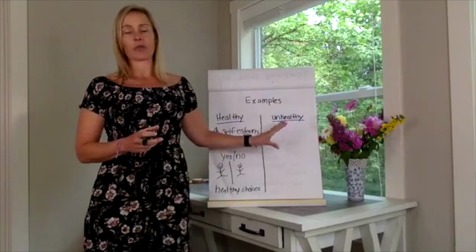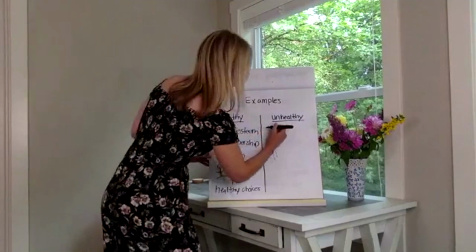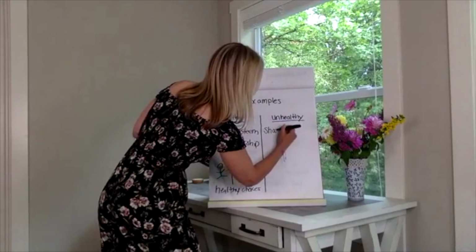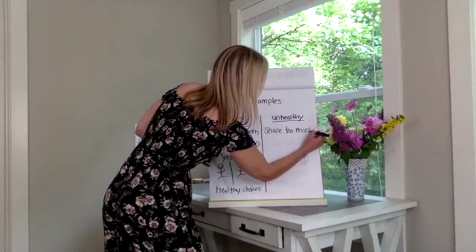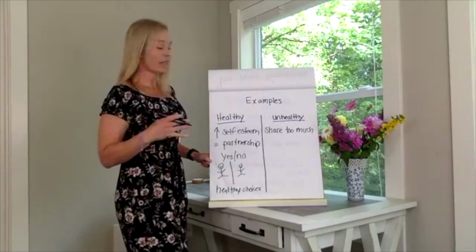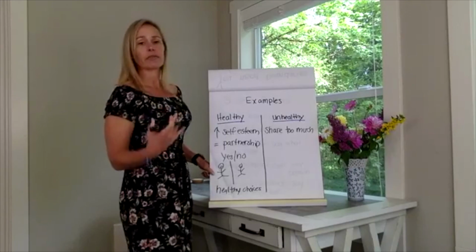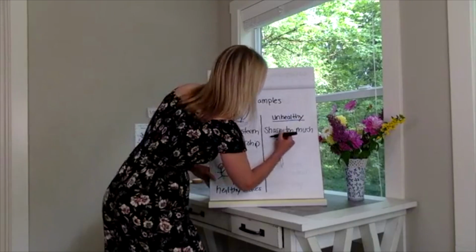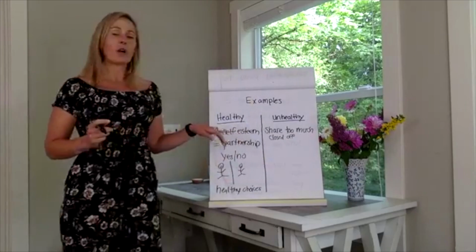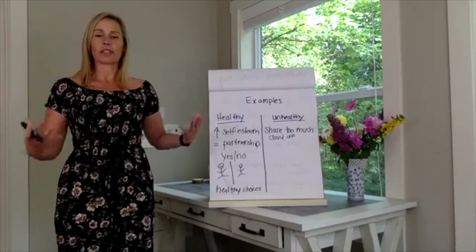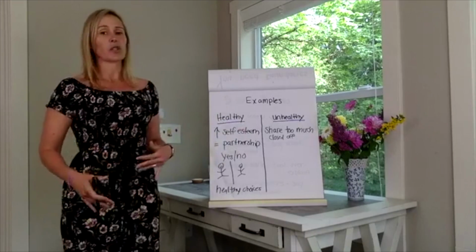Examples of unhealthy boundaries. One example is that you share too much. Some people, I'm sure you know them, they talk and share too much. They take it all, right? In the opposite regard, the people who are too closed off, they don't share enough. They don't share anything. So closed off. And oftentimes, people will close themselves off because they don't feel heard or seen. And so that's a good sign that there aren't good boundaries. Sharing too much or too closed off.